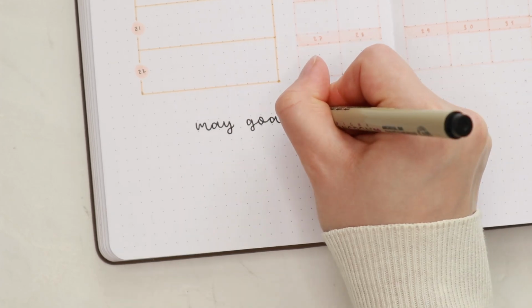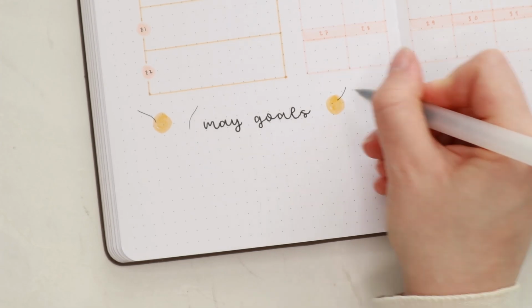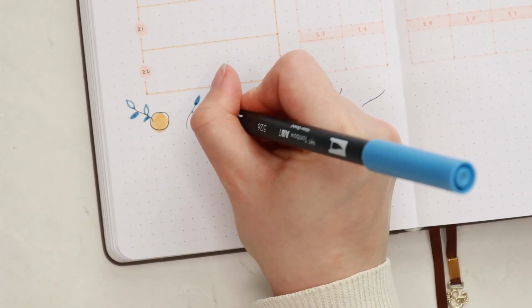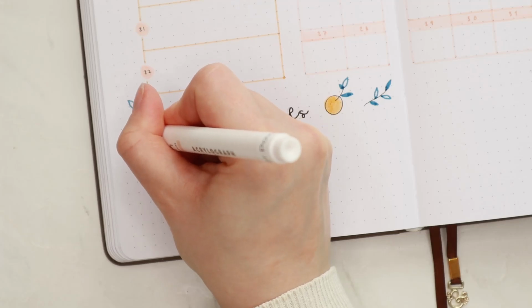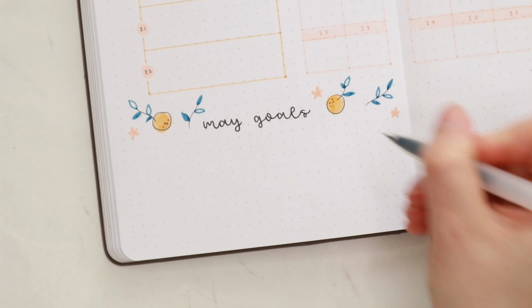Underneath I created my goals section, so I wrote the header first and then added a couple of orange doodles and leaves around it. Under the header I just drew 6 lines for my goals with that peachy marker,